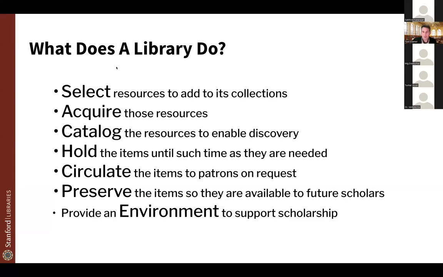So essentially, libraries select resources. We acquire those resources, we catalog or describe them so that we can discover them. We hold the resources until such time as they're needed. And then when patrons arrive, we circulate the materials. It's an essential component of our work to preserve the items. So we're not just renting collections to provide access on a temporal basis, but we invest in collections over the